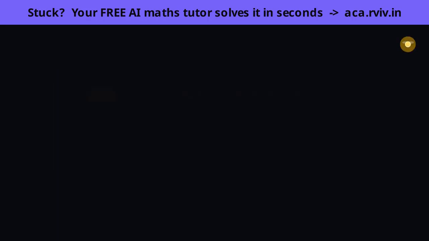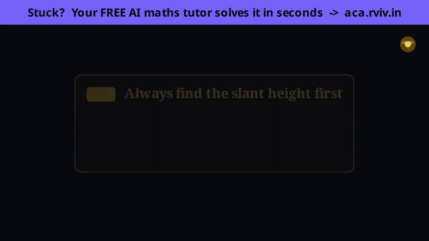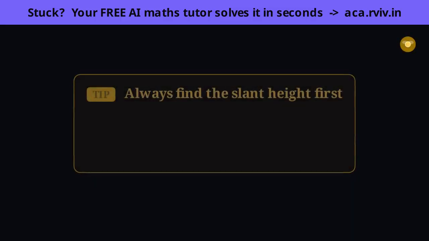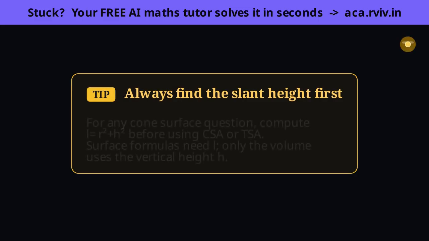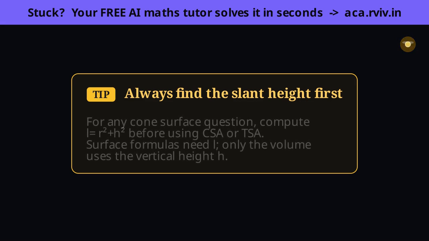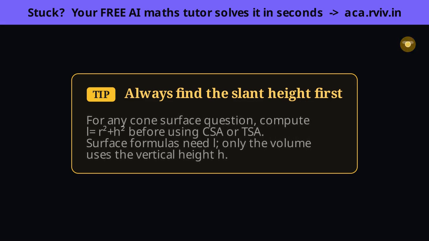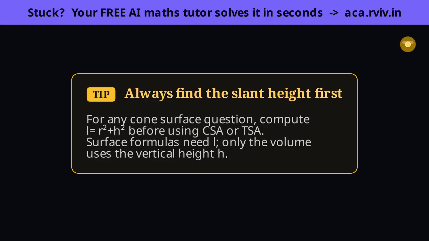Whenever a cone surface is involved, find the slant height first, the square root of r squared plus h squared. Why does that root appear? Picture the right triangle inside the cone, vertical height one leg, base radius the other, and the slope is the hypotenuse, so Pythagoras hands you L. The surface formulas need that slant height L, because the skin runs along the slope, only the volume uses the straight vertical height h. Compute L before you touch any surface formula.